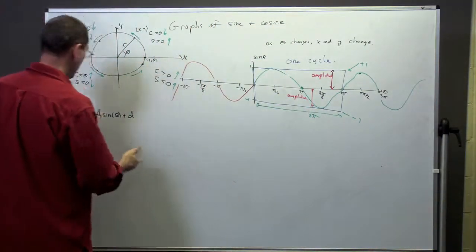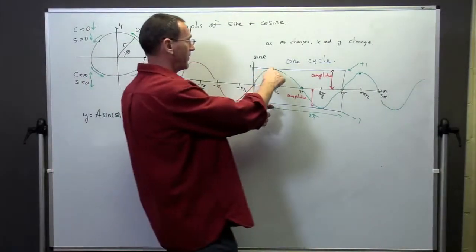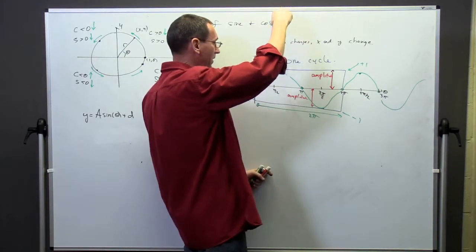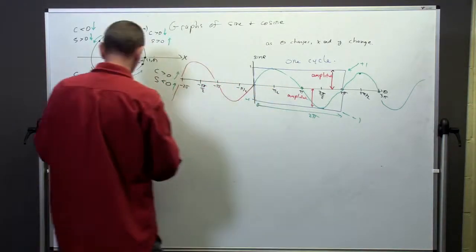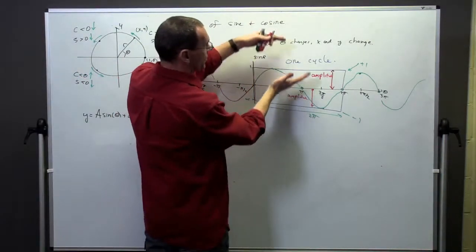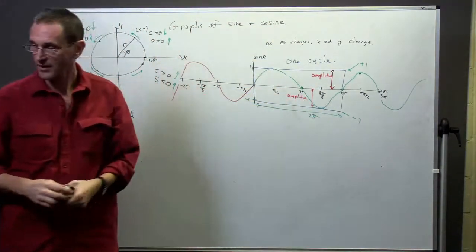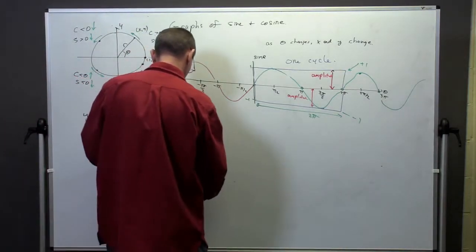Okay? So if I take a look at this, this is going to scale this thing vertically. It's either going to make it go up like that if A is bigger than 1, or if A is between 0 and 1, it's going to shrink it down. And then this plus D is going to take the whole thing and shift it up if it's positive, or shift it down if it's negative. Okay? So if I have something like this,